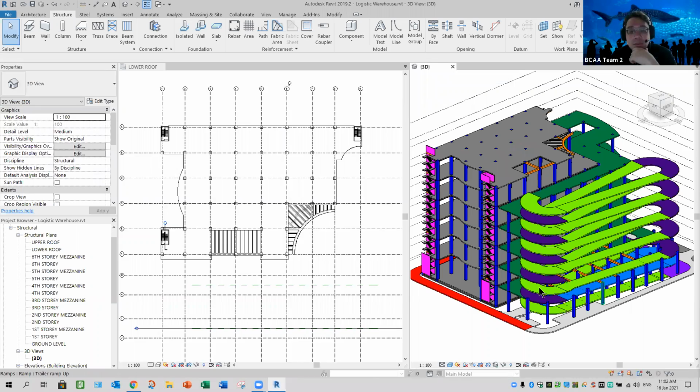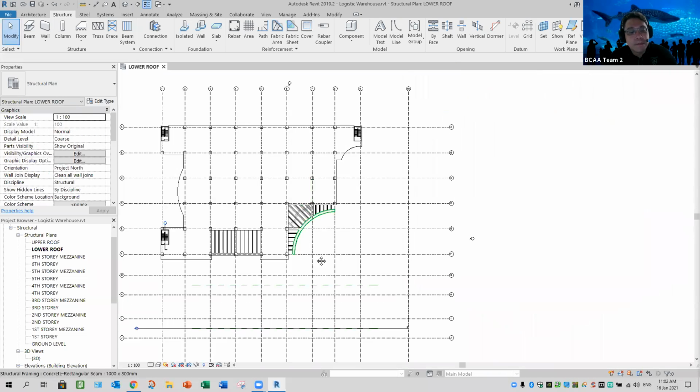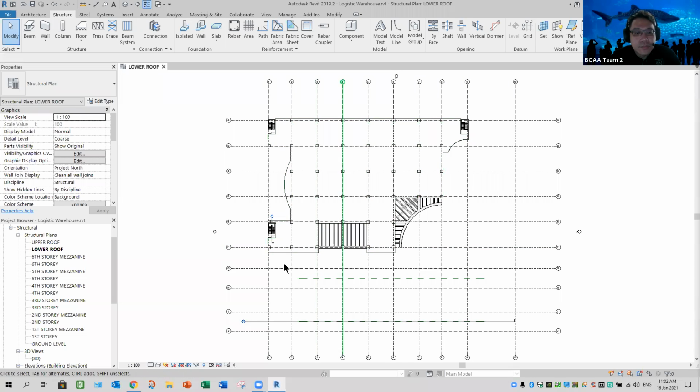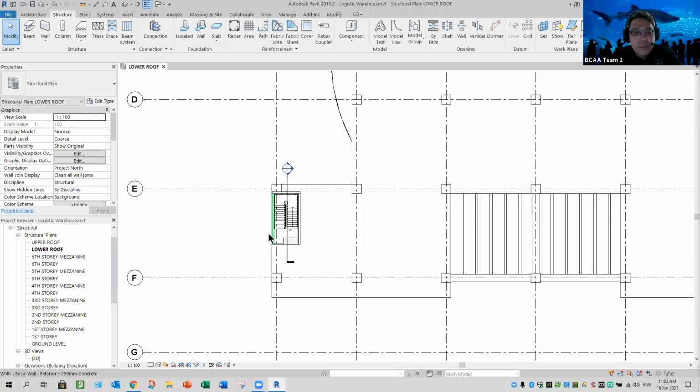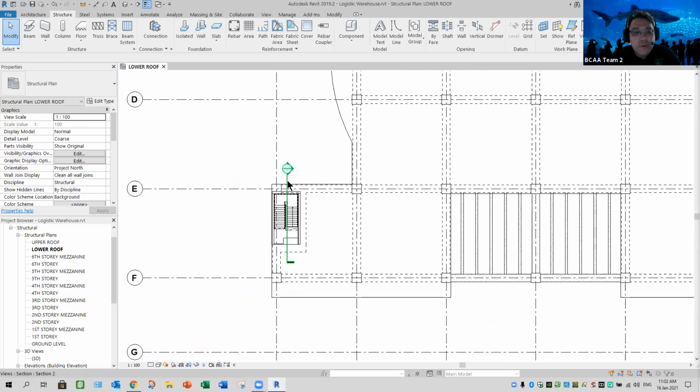Okay, so this is our model. If I quit this, yep. So, of course, if there's a requirement to create a section view, you need to know how to do it. All right. So